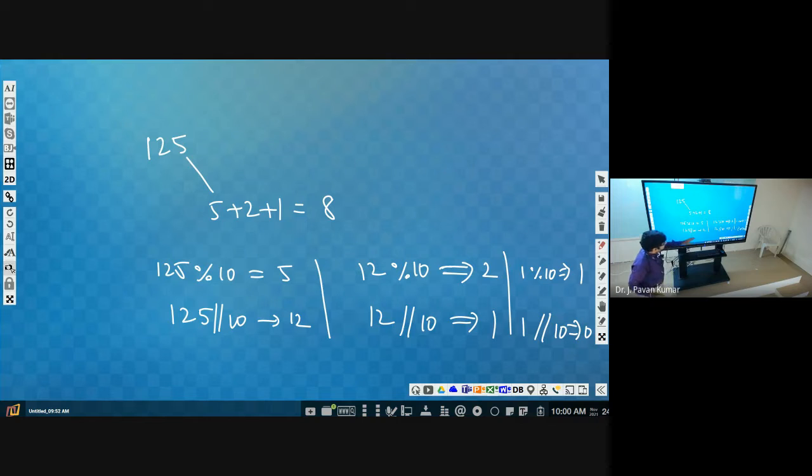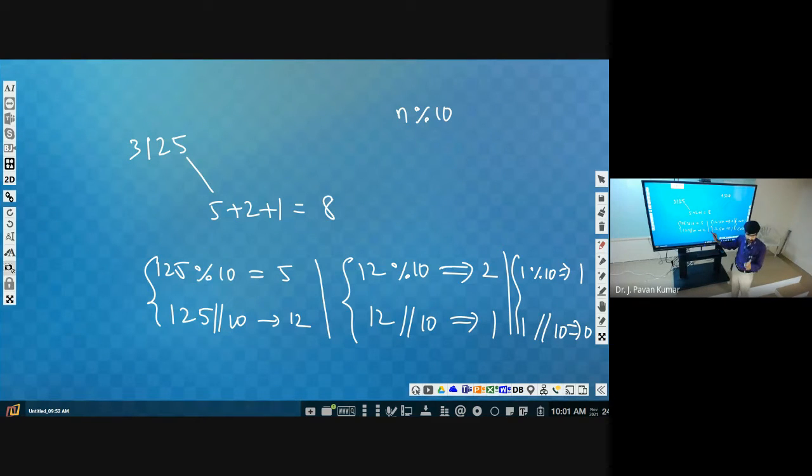If you observe, we are repeating the same two steps 3 times. Why 3 times? Because we have only 3 digits. If you take 1 2 5 with another digit, then 4 times we have to repeat the same two steps, isn't it? So now what is the first step? This 125 is nothing but n, the given number n. So you tell me the first step: n mod 10. We have to preserve that somewhere. This is the remainder, right? Let us call it r, the remainder.